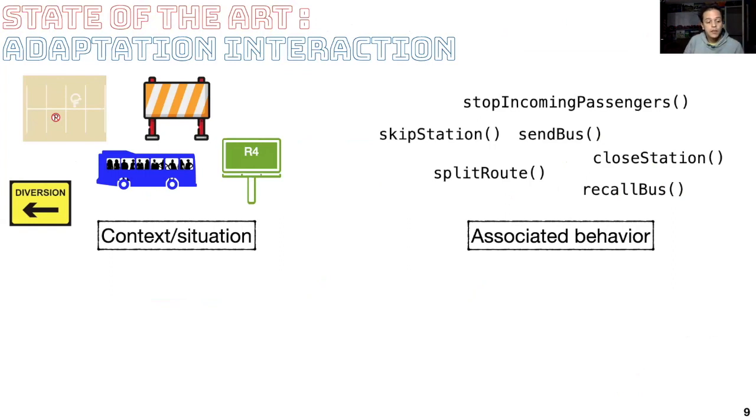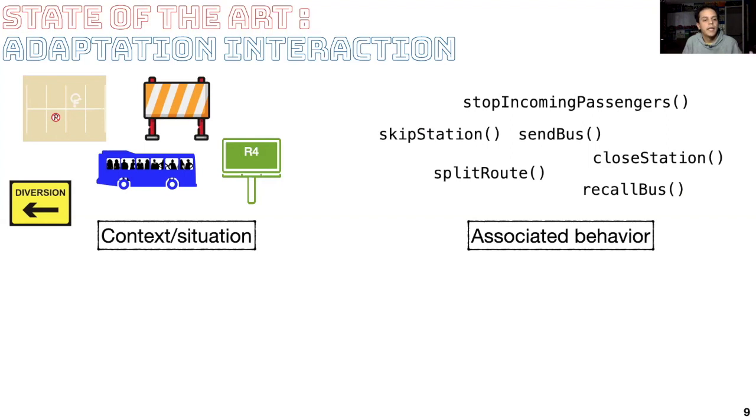Managing all of these adaptations is challenging, for two main reasons. The first reason is that the definition of these situations or contexts, as we call them, and the associated behavior for these situations are defined independently and at different moments in time in the application. So having a full scope of all of them is difficult, but it's also challenging because at runtime, these situations